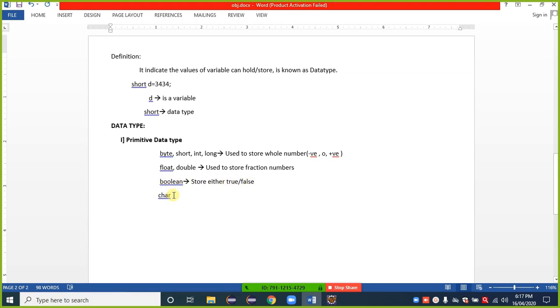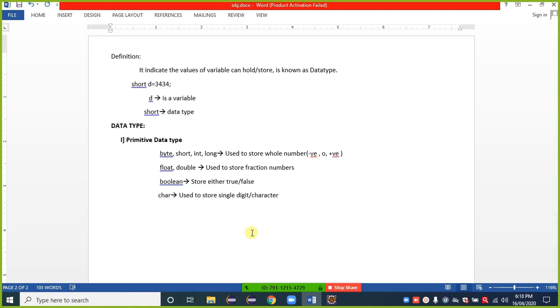Then what about the char? It is used to store a single digit or character. For example, if I want to save a symbol, I can go with the char.